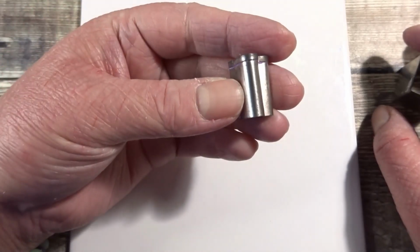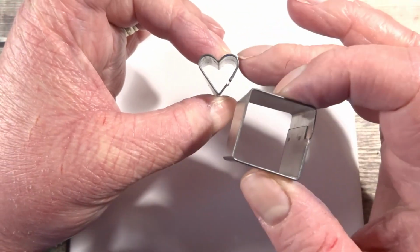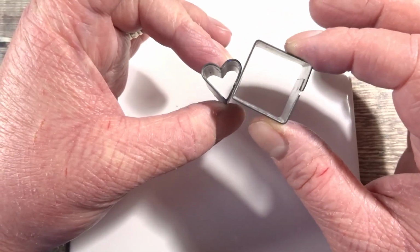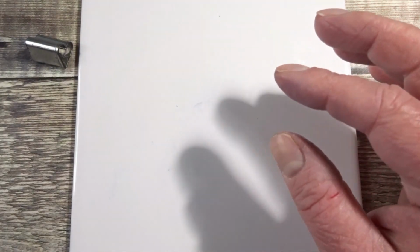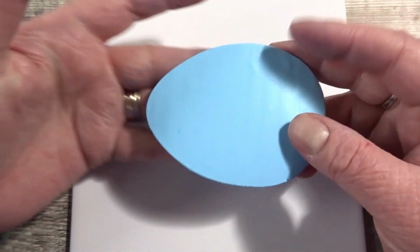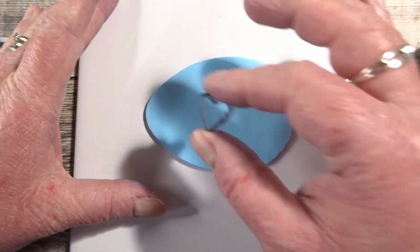Right, for my hearts I'm just using this small heart cutter, and I'm going to use this square cutter just as a little bit of a guide once I'm ready to put my colourful heart in the navy clay surround. So I've already done a few in different colours, so they're going to look like this initially, and all I've done is I've mixed up my clay colours because I wanted them to be like pastel coloured hearts, and this is just put through number 1 on my clay machine, and I'm just going to start by punching out 6